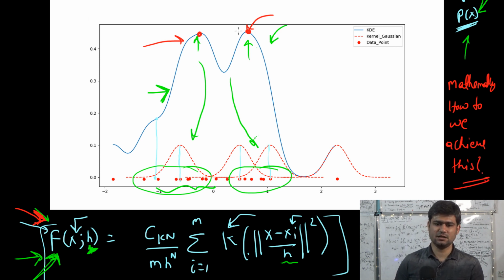Let's take any point on this x-axis. Suppose we select this point, then the gradient at this point points in this direction. If we move in this direction, then we are going to arrive at a point of higher density. We can again compute the gradient over here, and perhaps this gradient will take us to this point, which has higher density. Again, so on, by repeating this process,